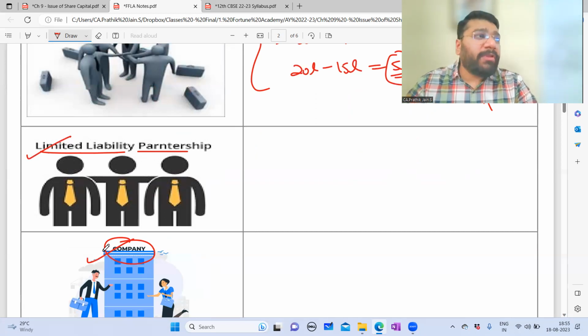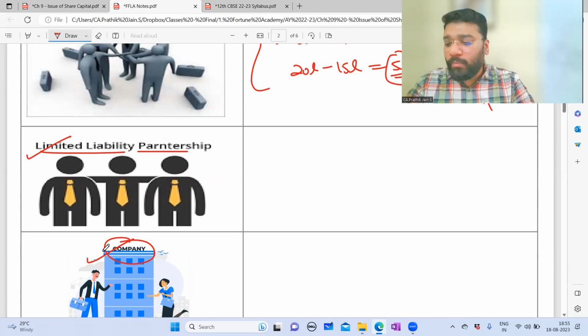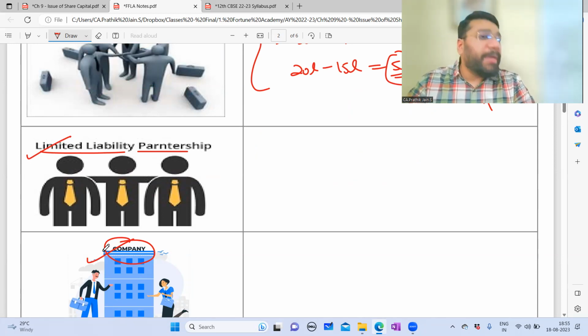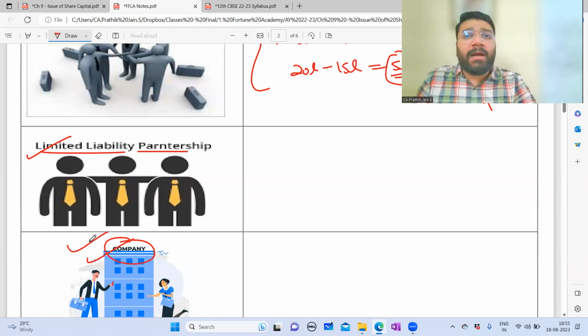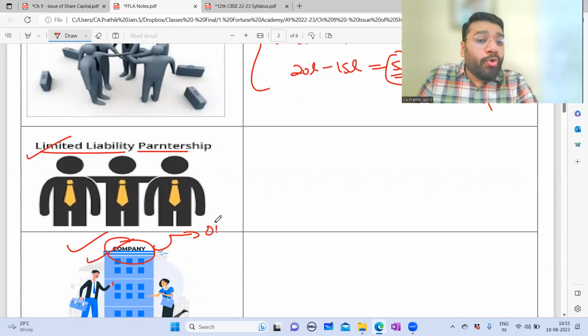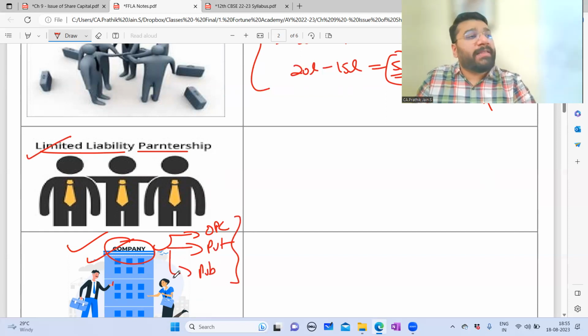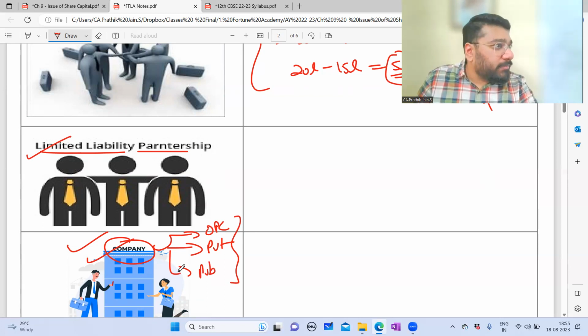Looking at the inherent limitations of the partnership concern, people want to look up to forming something where they don't have a constraint, they don't have a limitation. So that's when people look up to forming a company. So a company has slightly more advantage than partnership concerns. Here, the company is again of multiple varieties. There are 3 varieties of company. One is called OPC, one person company. Then we have private limited company. Then we have public limited company. All these 3 I'll be discussing in depth when I start the chapter.